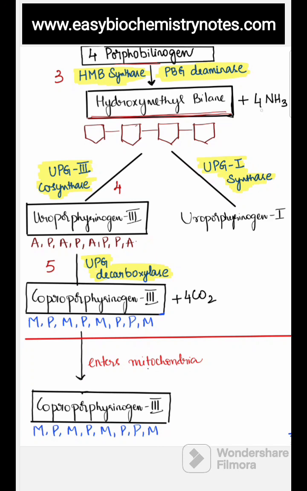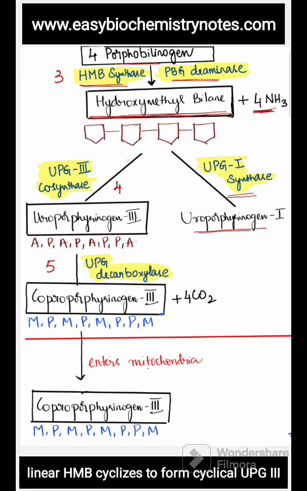hydroxymethylbilane. Now in this reaction 4 ammonia molecules are removed, and because HMB is getting synthesized, the enzyme is HMB synthase, or because these ammonia molecules are being removed, the enzyme can be PBG deaminase. Now this HMB molecule, that is hydroxymethylbilane, has 2 fates. One, in the presence of the enzyme UPG1 synthase, it spontaneously undergoes condensation to form uroporphyrinogen 1, or it undergoes, in the presence of UPG3 co-synthase, it forms UPG3,